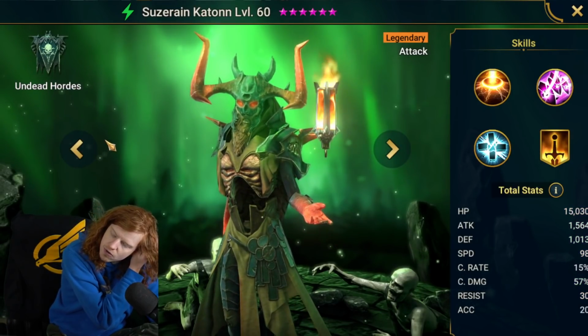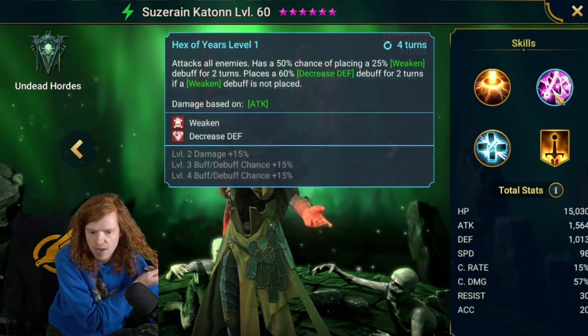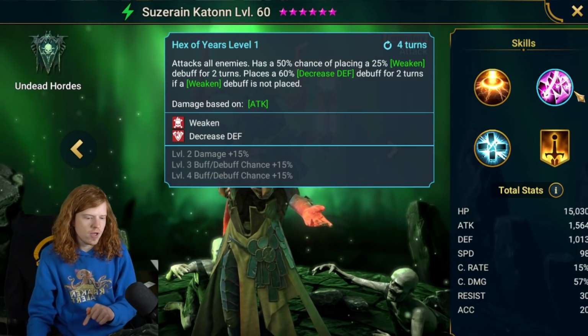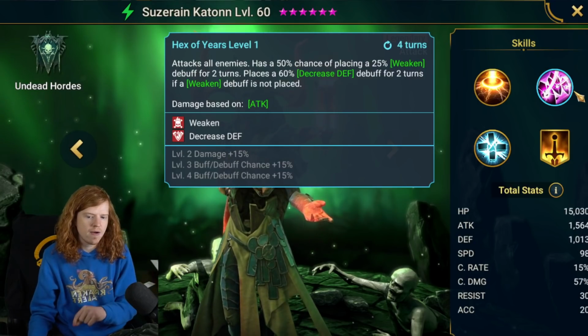Suzerain Katonn's another character that doesn't really get talked about that much, but the A2 is kind of good because what it does is it has a chance of doing one or the other, which is 25% weaken or decreased defense. So in one character,